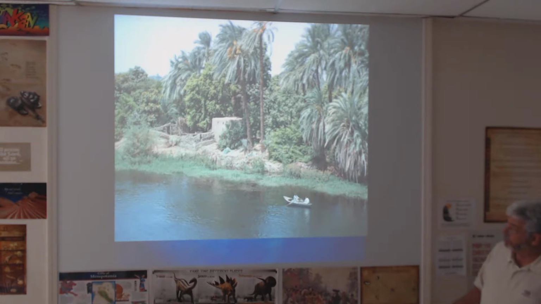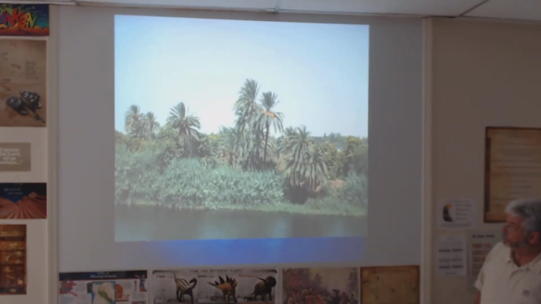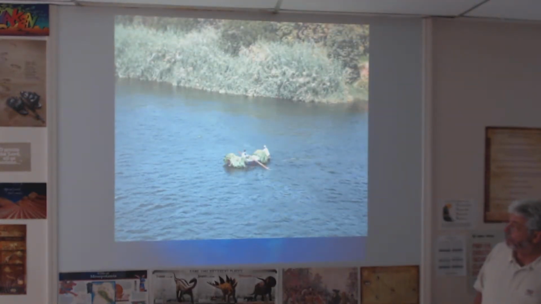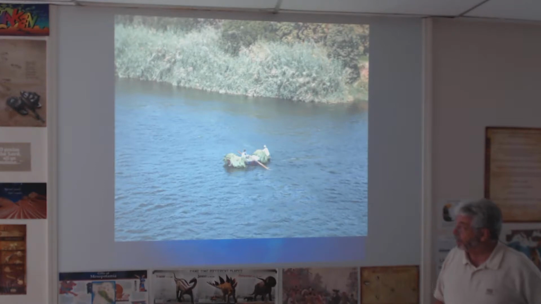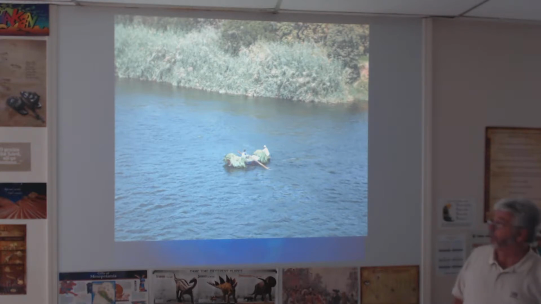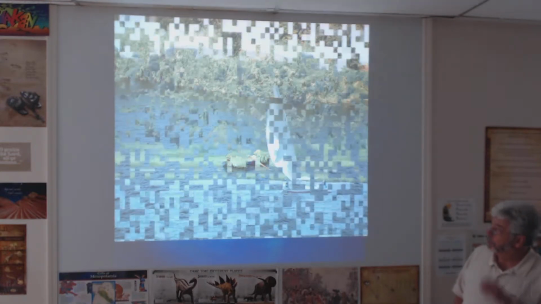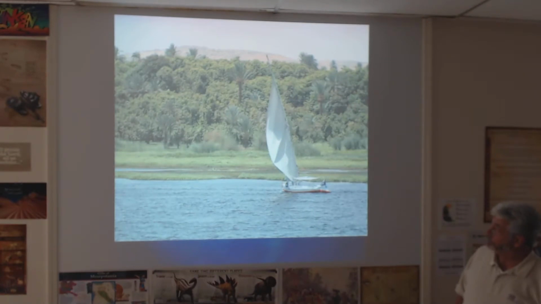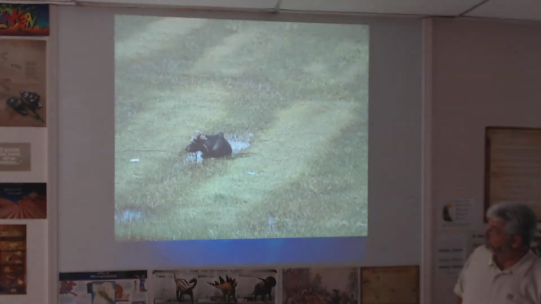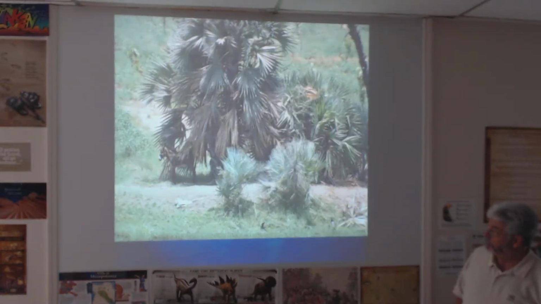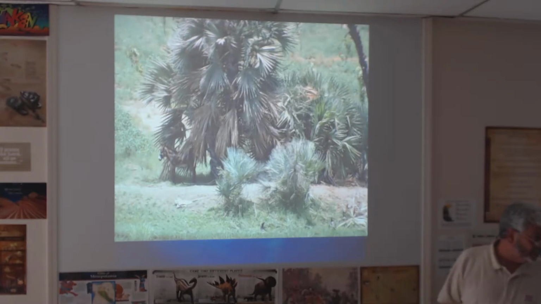There's a little building. And there's a couple of fellows that are gathering some kind of vegetation from along there. I'm not sure what it was. It wasn't papyrus, I know that, but what it was, I'm not sure. There's another sailboat. Water buffalo. Do you see what's standing in trees? It's a donkey. Yeah, the donkey. It's almost camouflaged back in there in the shadow.